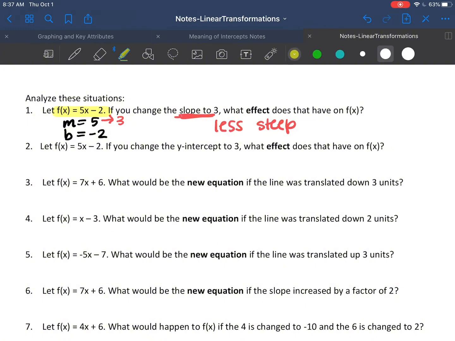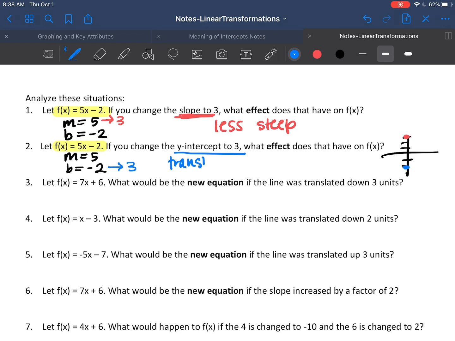Okay, looking at 5x minus 2 once again, same slope. Slope is 5. Y-intercept is -2. And this time we're changing the y-intercept to 3. So we are changing it from -2 to 3. And so on a graph, it's going from -2 right here to +3 up here. And so in that case, it has been translated or shifted